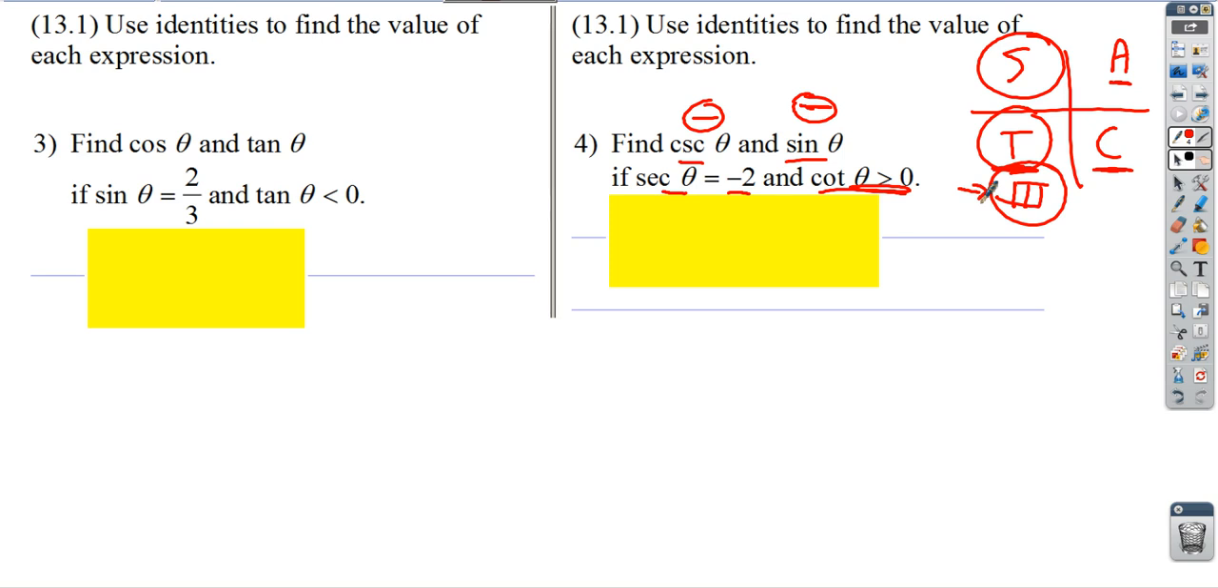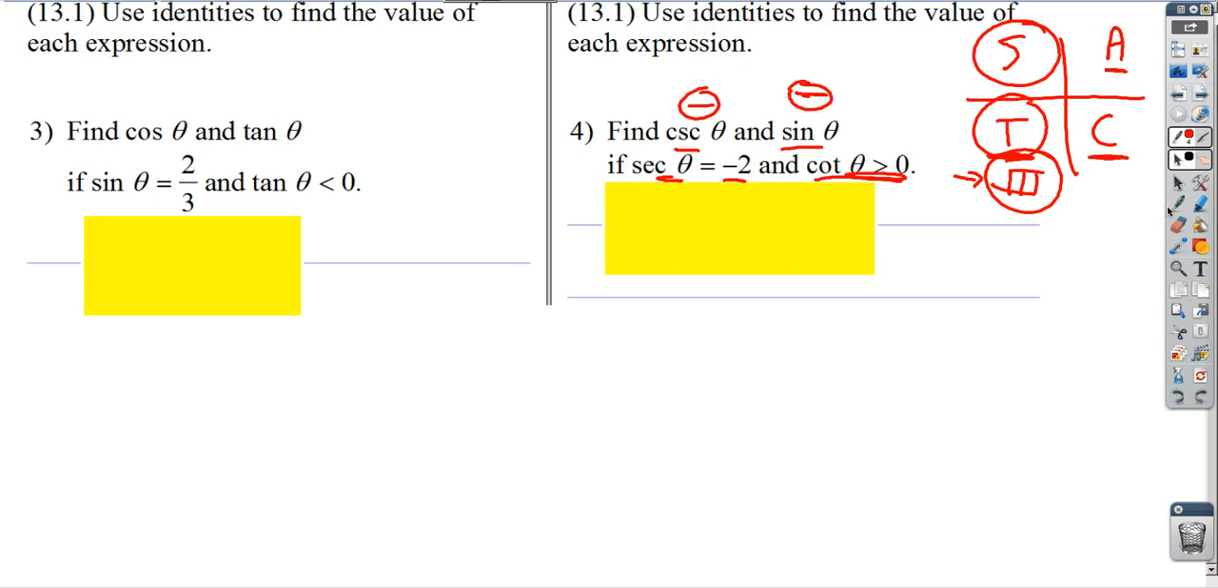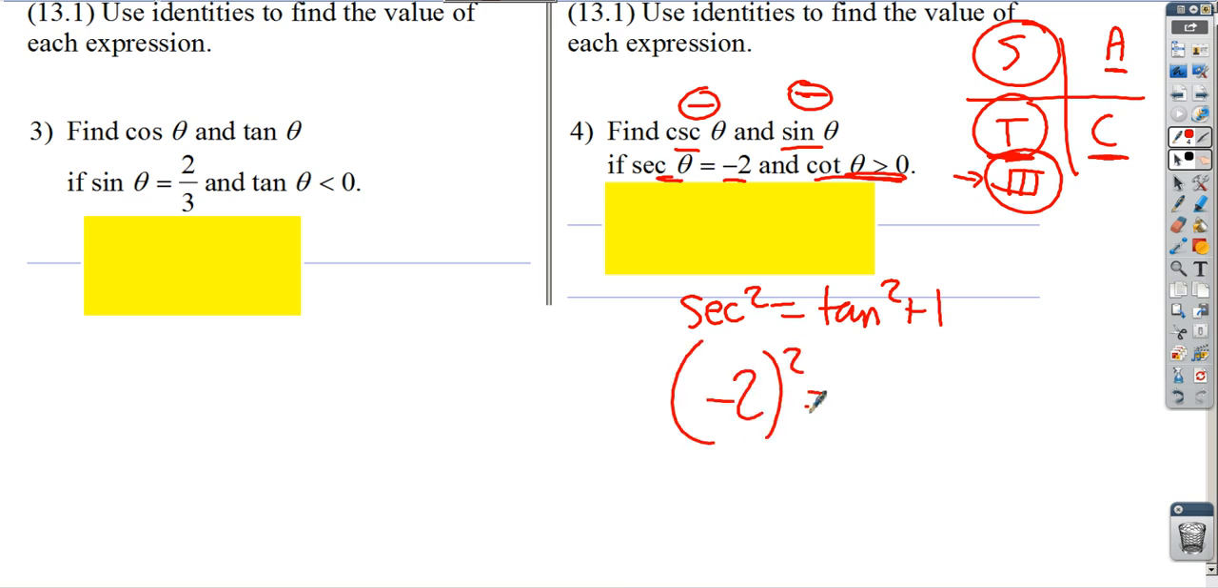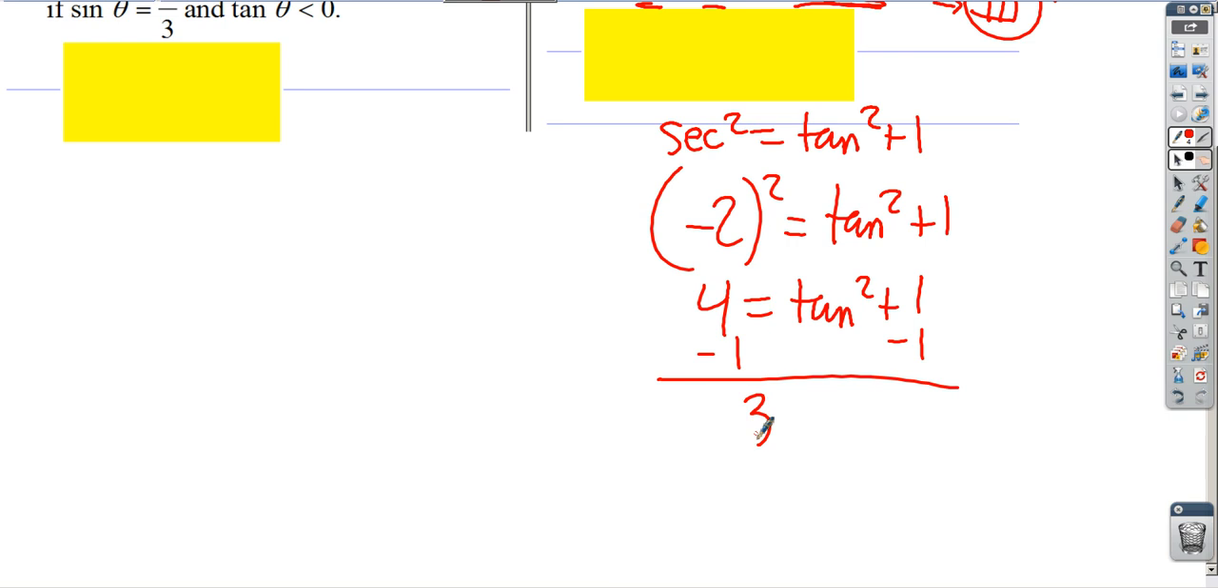Alright, so we're given secant, and how do we decide which identity to use? Well, if we're given secant, we're going to want to use the identity that has secant in it, which is this one. Sec squared is equal to tan squared plus 1. So we'll plug in secant of -2, and we'll try to solve this from here. So -2 squared is 4, and if we subtract 1 from both sides, we would get 3 is equal to tan squared. And then we'll square root both sides, and we'll get plus or minus root 3 is equal to